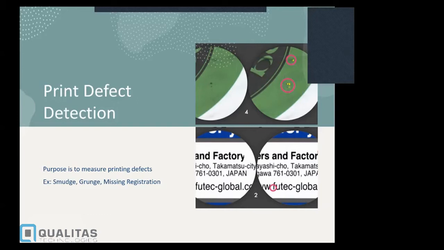So in the example at the top, there are some black smudges on this green printed surface, right? You want to identify these black smudges. Another example is if you look at this FoodTech Global, which is printed in this image below. Just before this F, there are some smudges as well. So you want to detect that. Right. Another example, if you look at this factory, the Y is not completed. There is some ink missing on the Y. So these are examples of printing defects.